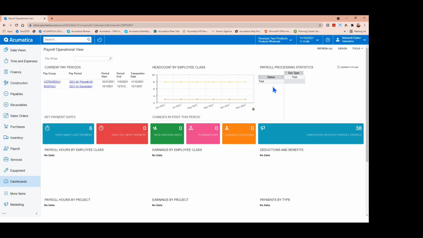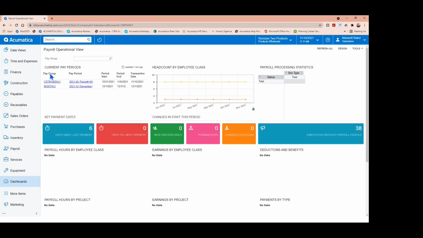So let's go ahead and take a look then at the Acumatica payroll. Just like in construction accounting, Acumatica payroll can start with a dashboard. And I've got 3 specific dashboards that are significant to payroll. The first one is operational. It's for anybody responsible for entering payroll, for tracking payroll processing, for making sure everybody is paid. This operational payroll will allow me to visualize